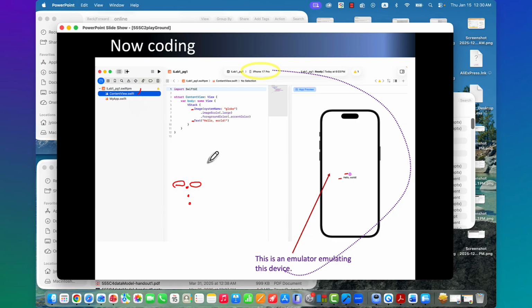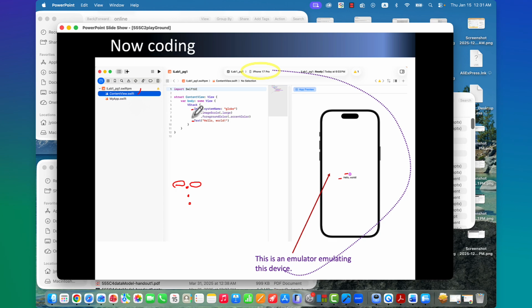What kind of view? That image view. I want to add more effects. The first effect is image scale. The next effect here is foreground color. Foreground color, what is it? Color. It's an accent color. I think this is red, right?